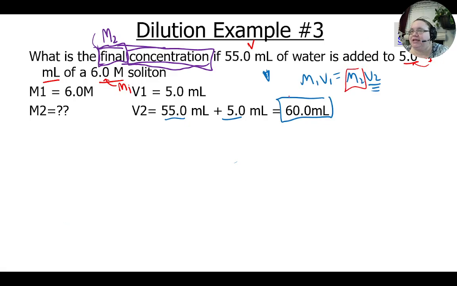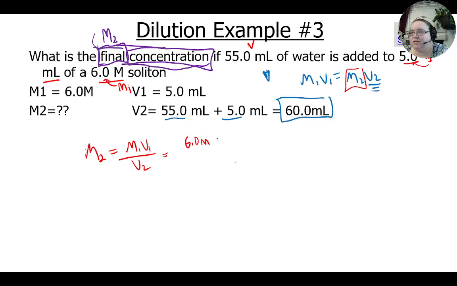M2 is what we need, so we're going to get M2 by itself. I don't remember where it shows up, so it might end up being covered up in a second, but M2 equals M1 V1 divided by V2. All right, plug and chug now that we've got everything in the right units, right numbers. So M1 V1,